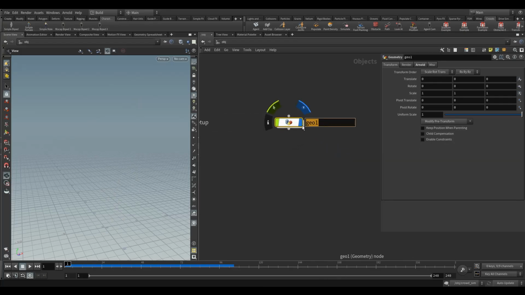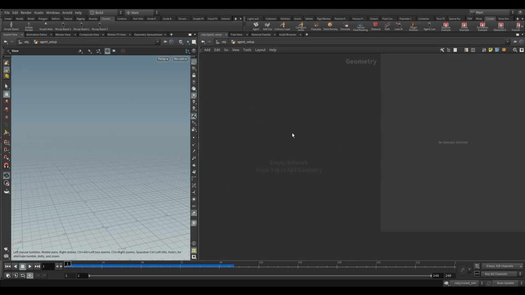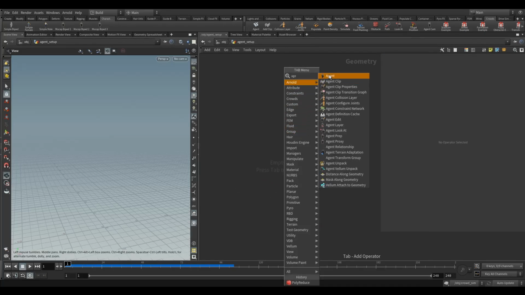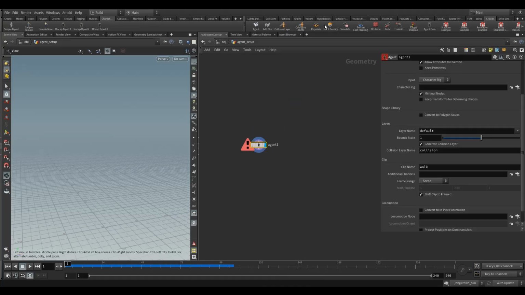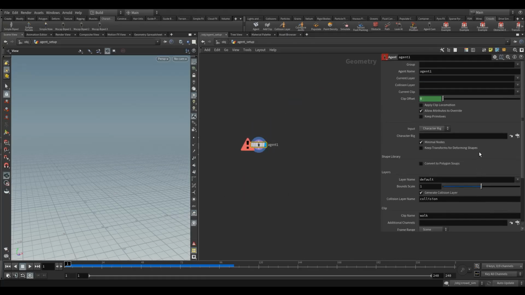Call this agent setup. Okay, jump inside there, drop an agent node. So we did this with the shelf tool before, so I'm going to do it without that now to show both ways. So we'll start with the man,